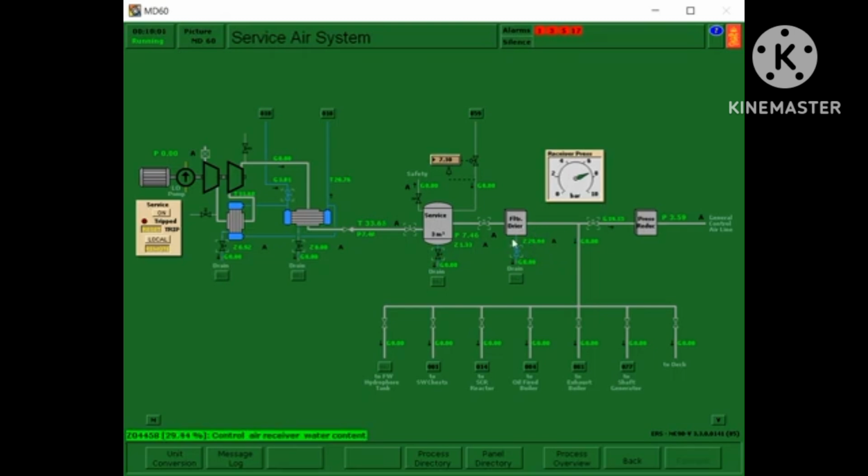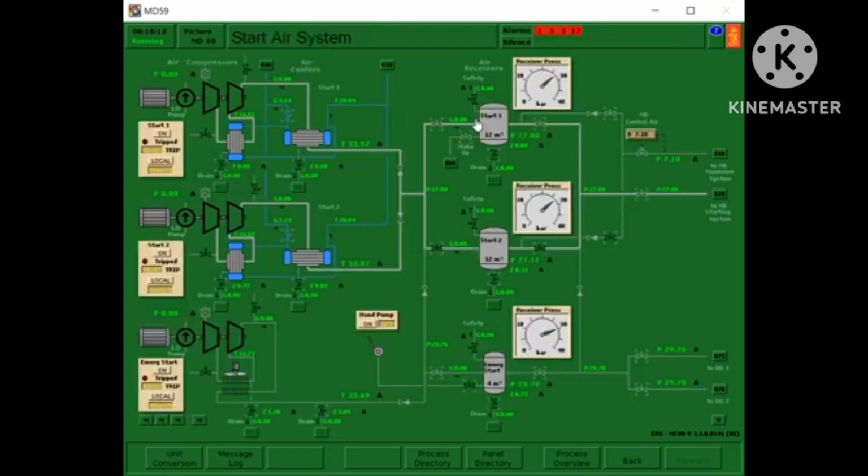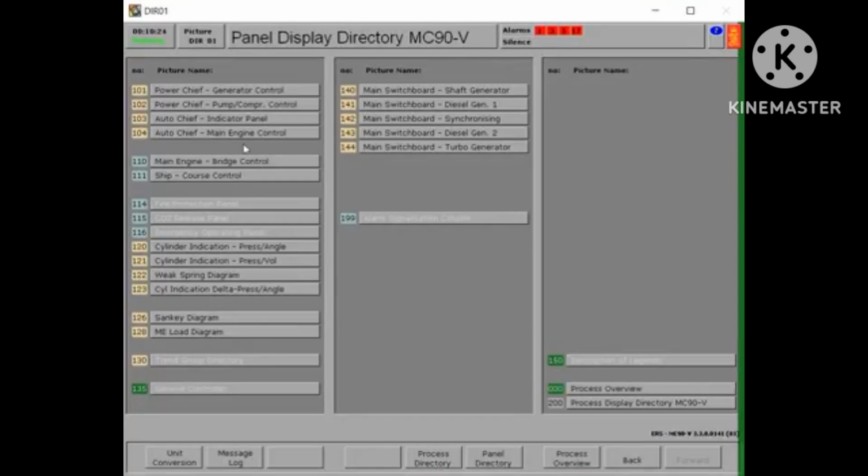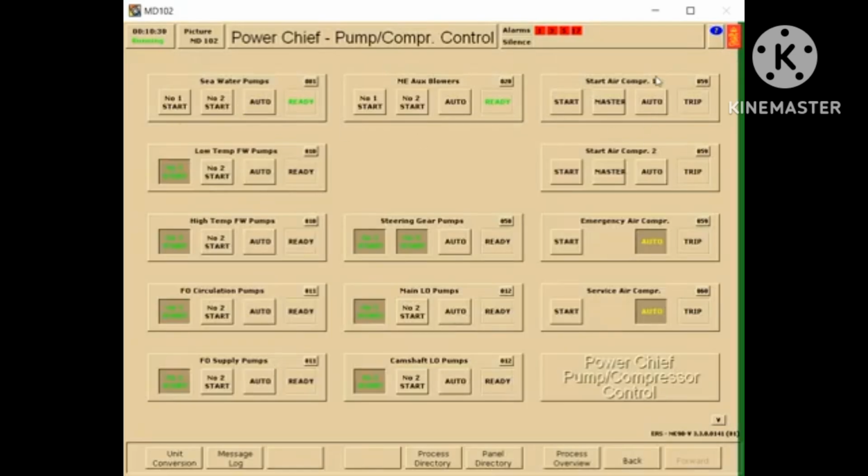And this part is lowering the air service. We need to go MD04, MD102.